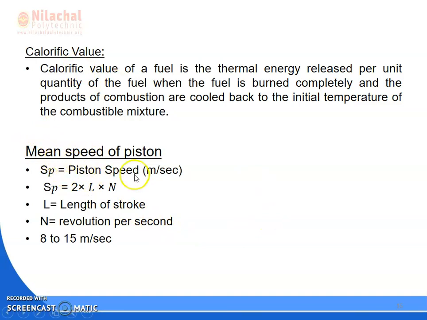Then we will discuss the mean speed of the piston. What is the mean speed of the piston? It is defined as 2 L N, that is 2 into length of stroke into revolutions per second, that is your RPM, the speed of the engine. That will be 8 to 15 meters per second for